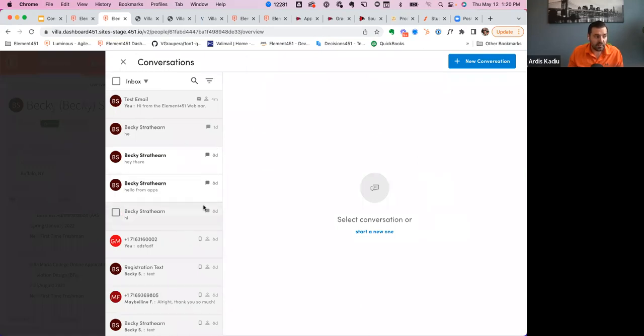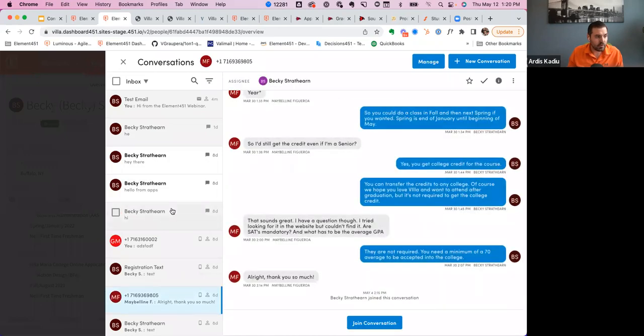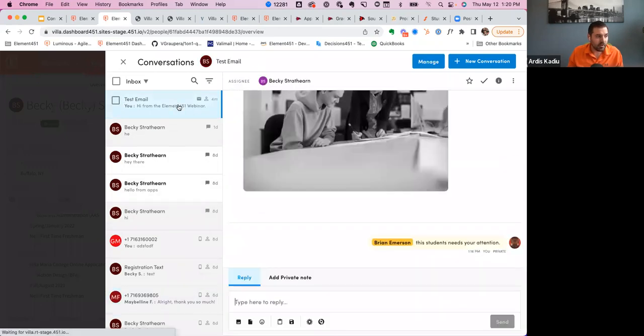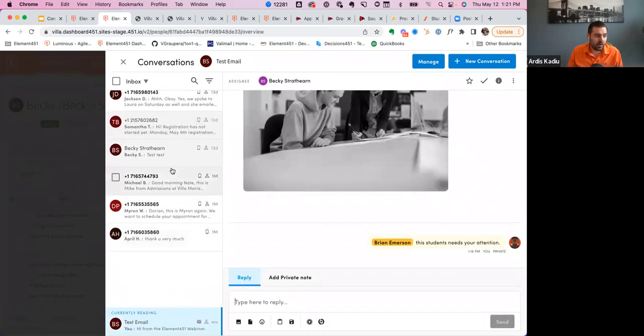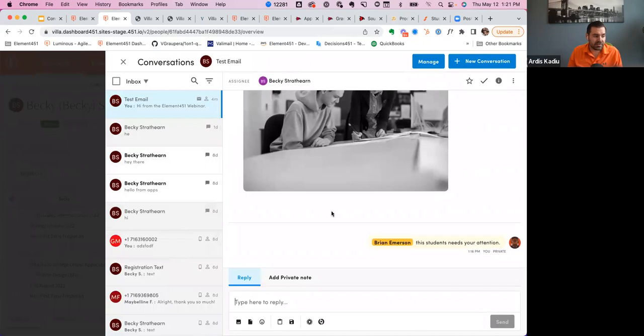And this gives you now the ability to see everything that you've communicated with Becky, for example, or the students' conversations, they're part of that sidebar, right? So you have the same UI, the same kind of larger space to work with them.